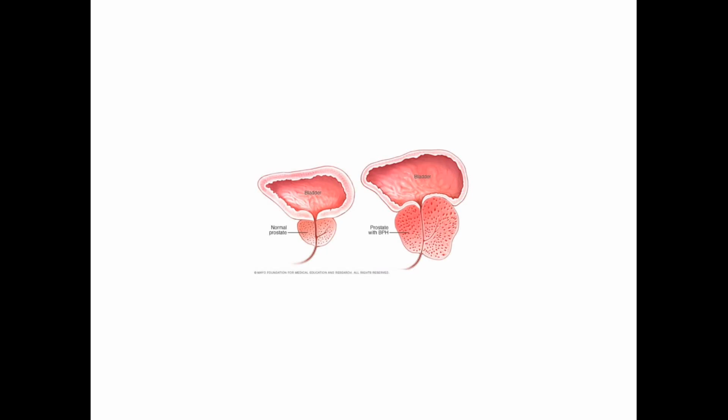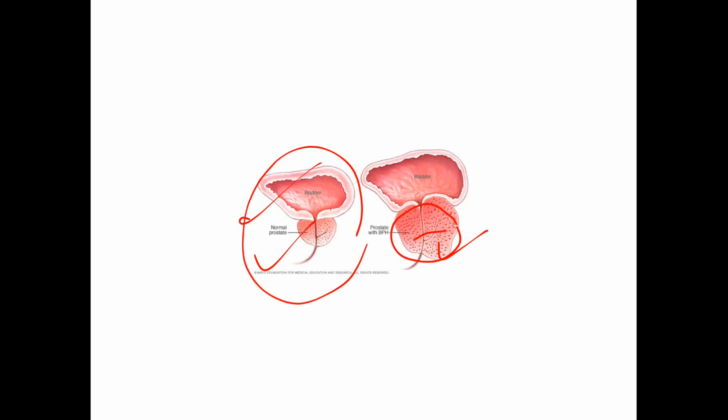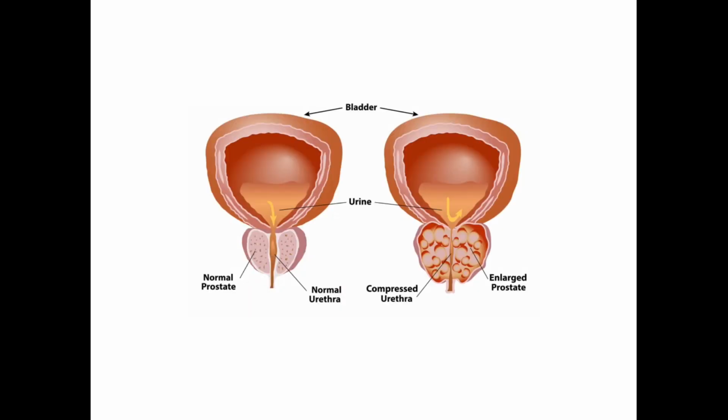Next, this is also the same thing showing benign prostatic hyperplasia. As you can see, this is the normal one, normal bladder, normal prostate. And in benign prostatic hyperplasia, the prostate is enlarged, so it constricts the urethra and urine cannot pass easily, and there is a retention of urine, and if there is retention of urine then the bladder will also be distended. So these are the problems in BPH. This is also showing urine can pass easily here, but here it cannot pass easily, and there is a retention of urine because of the enlarged prostate. And the enlarged prostate compresses the urethra.